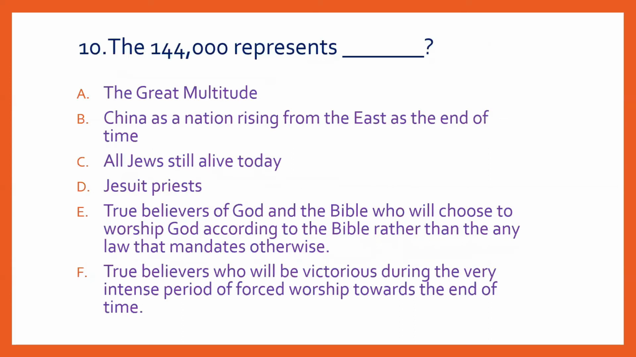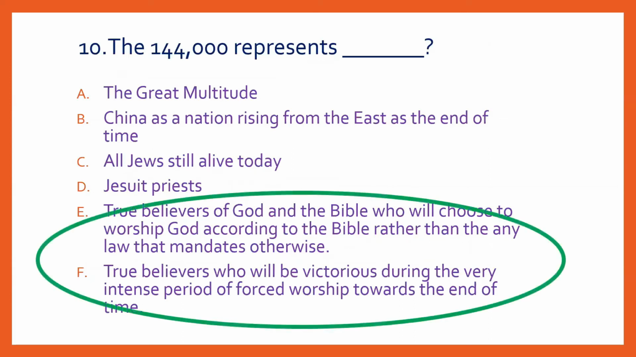This is another one where 2 answers will suffice. So I kind of put the screen big and I just pick up everything. The 144,000 represent true believers of God and the Bible who will choose to worship God according to the Bible rather than any other law that mandates otherwise. And then they are the true believers who will be victorious during a very intense period of false worship towards the end of time. All right. So we've covered two